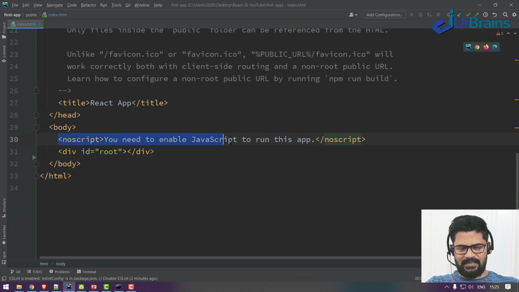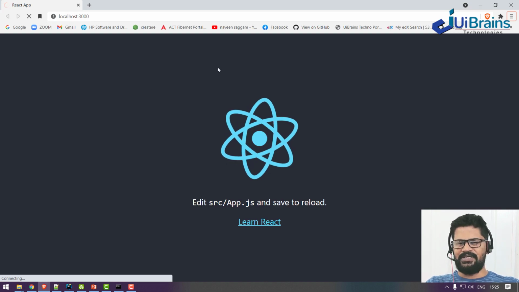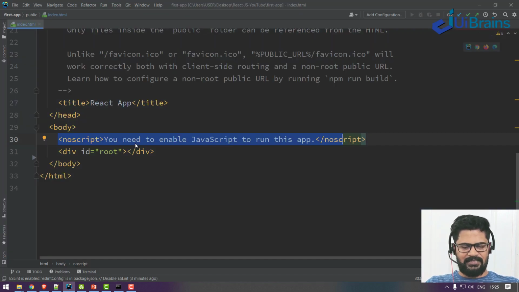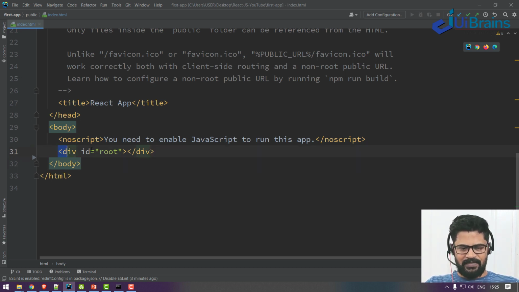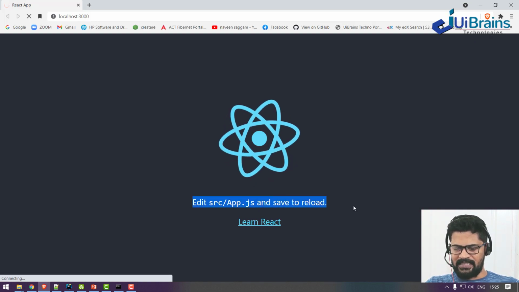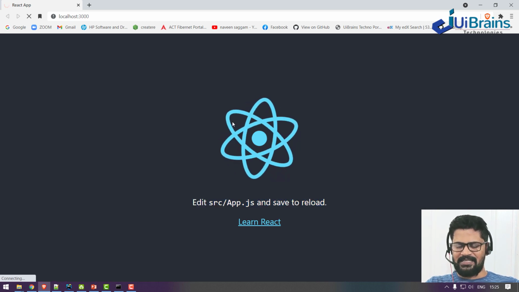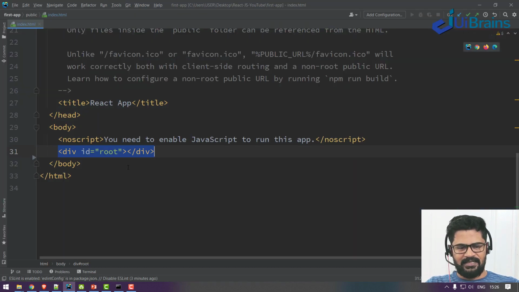There is a noscript tag. Noscript means if your browser does not have JavaScript enabled, this error will come, because it's a JavaScript based application. So you must enable JavaScript to run any JavaScript based application in a browser. Okay, and what about this? See, there is one small division with ID root and nothing is there. Here is the trick. See, nothing is written. Here an image is there, some text is there, some link is there, background color is there, some animation is rotating, everything is there. But in the HTML body tag, nothing is there. That's the magic. I'll come back to this point later.